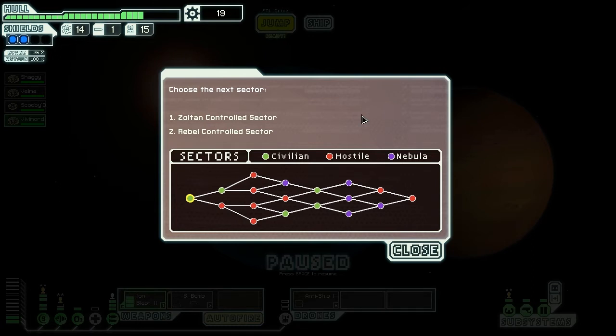Go through a Zoltan or go through Rebel. Rebel's not exactly something I want to deal with, considering that most of them will probably try to help get some people after us. But on the other hand, the Zoltan sector really doesn't help us all that much. I think I'm going to go for the Zoltan sector anyway,